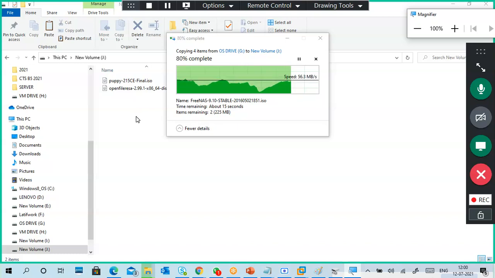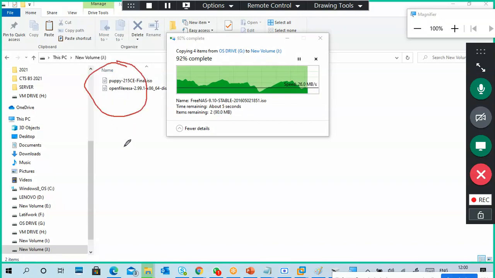So the J drive contains data, but actually what is the physical location of that data? In the J drive I'm putting data, right? So what is the physical location of this data? H drive?